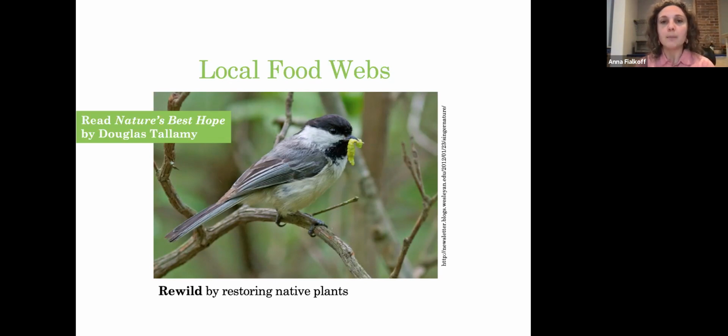So, recognizing native plants as the basis of our local food webs really means that there are close, integral relationships between insects and native plants, as well as many other wildlife species. And it really cascades up the food chain. So birds are heavily reliant on insects. And recently we have been seeing major declines in both our migrating bird populations as well as insects. We're kind of facing an insect Armageddon, as it's called by some. And so by boosting native plants in our landscapes, we can help bring those very delicate food webs